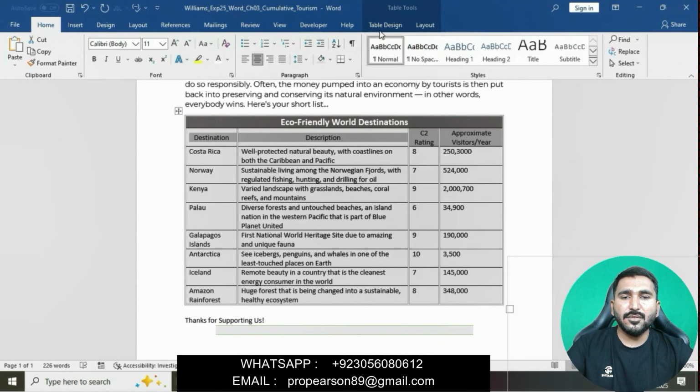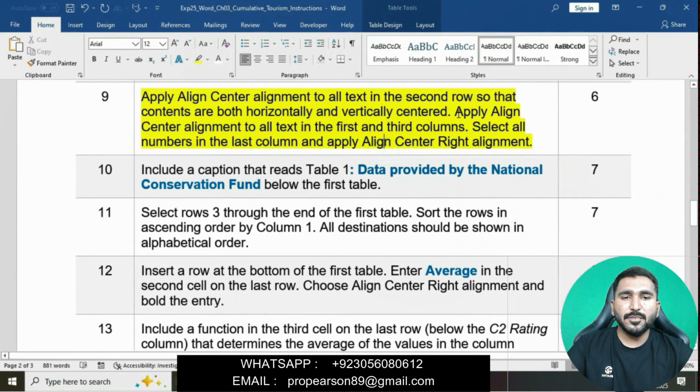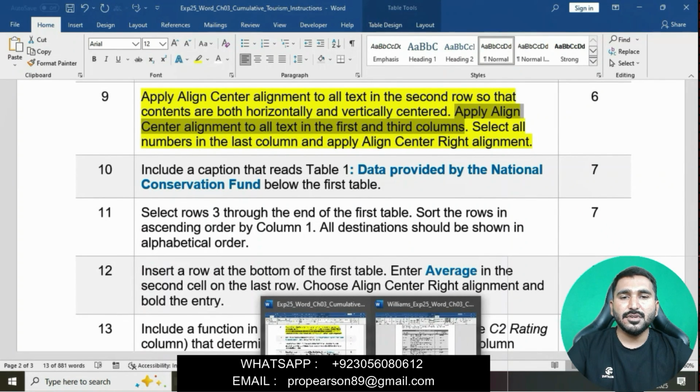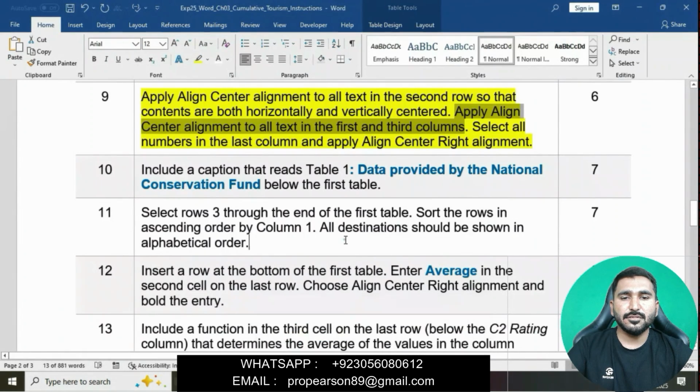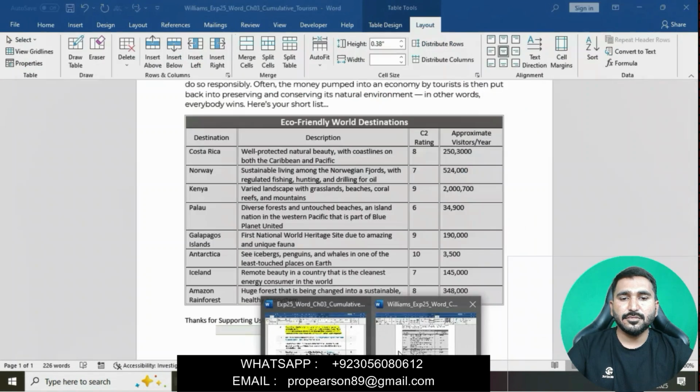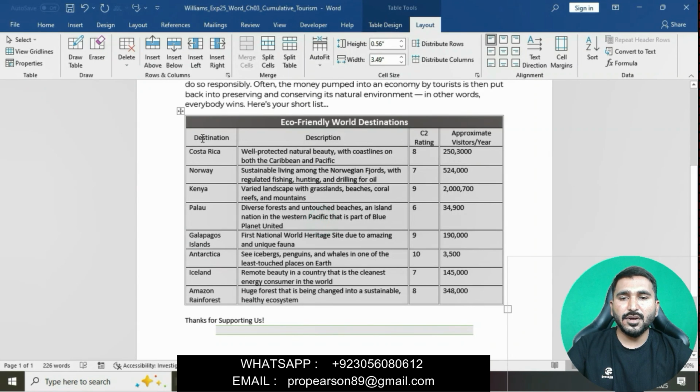In the paragraph group, apply align center alignment to all text in the first and third column. Select the first column, and then go to the alignment.